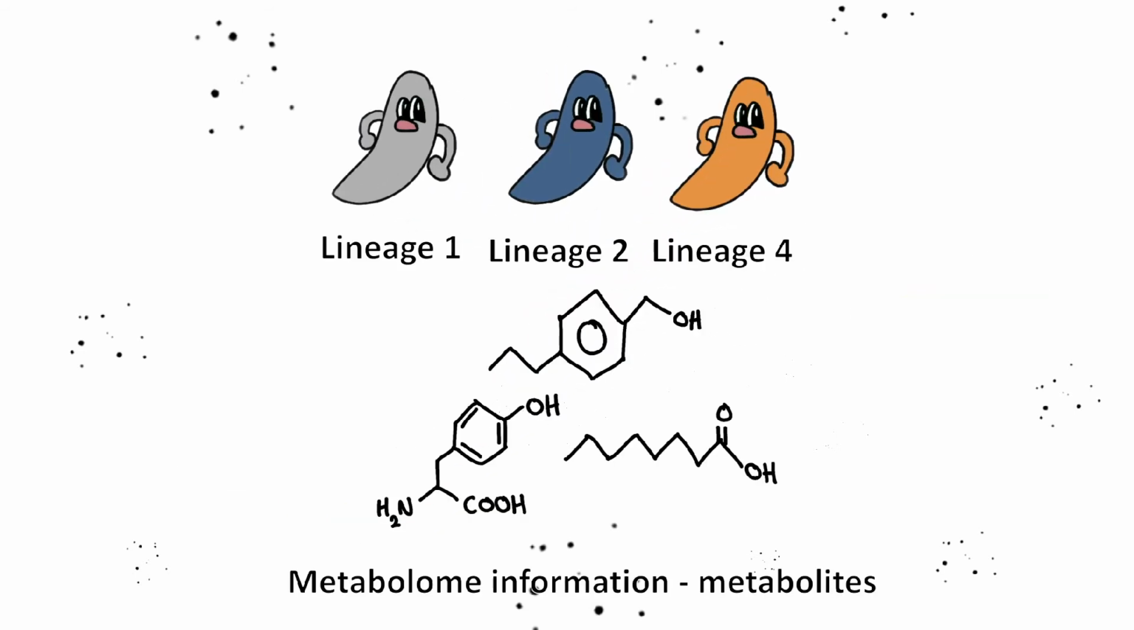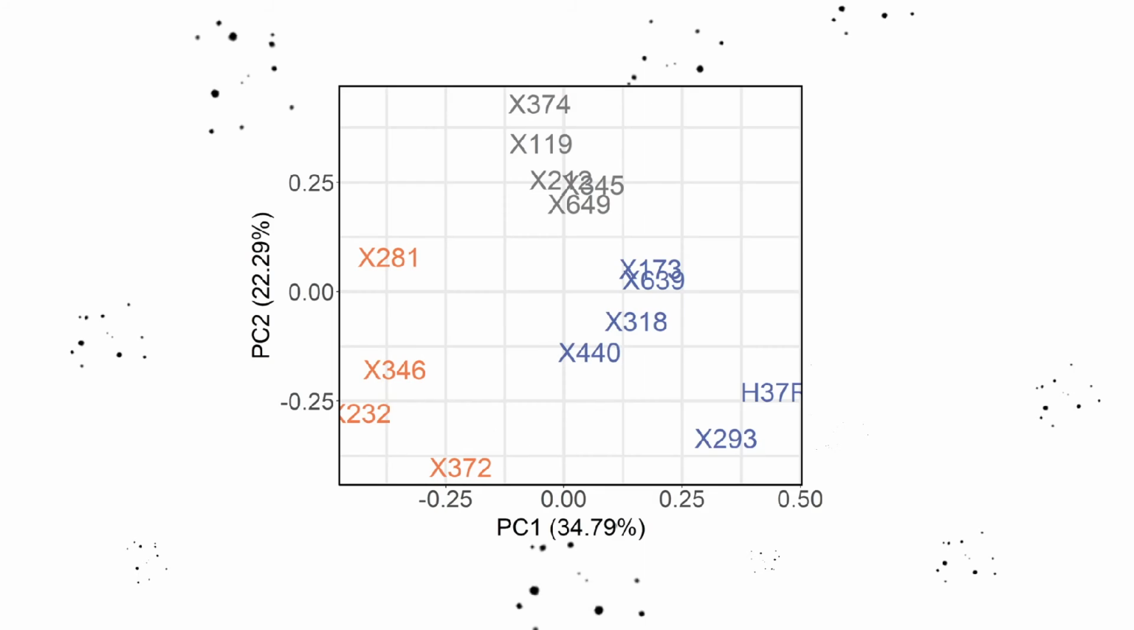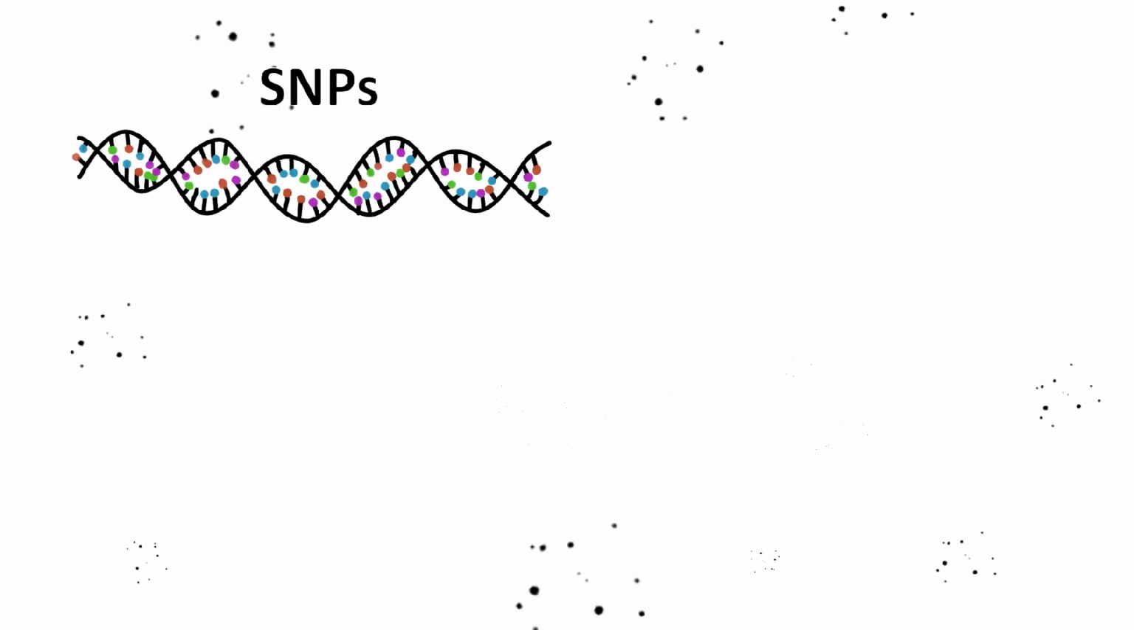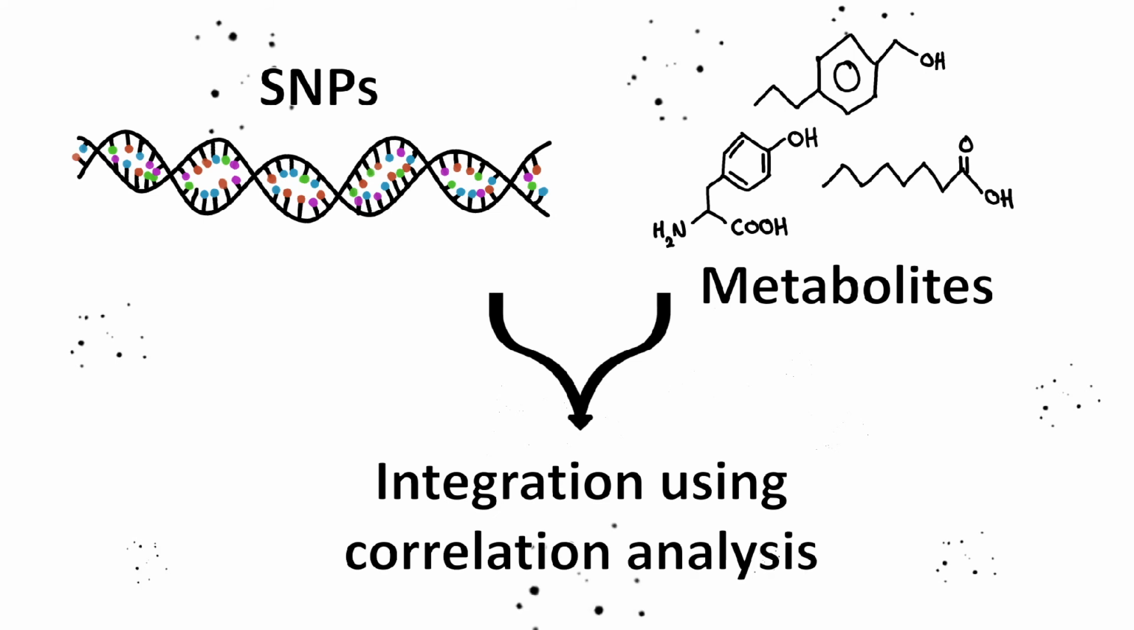Next, I carried out metabolomic analysis by looking at the final metabolites produced by a cell and clustered the strains by the most significant metabolites. This analysis also grouped the strains perfectly into their lineages, suggesting that the SNP data may be driving the metabolite results. Finally, I grouped all the SNPs with identical expression profiles into blocks and correlated these with the metabolites to